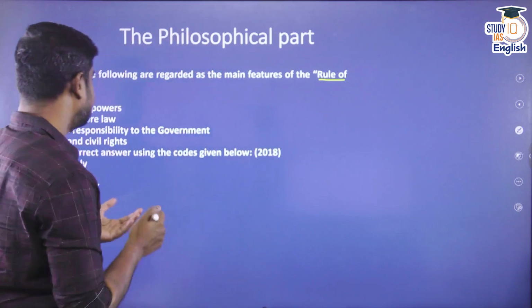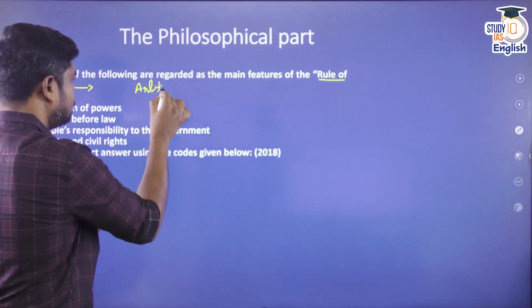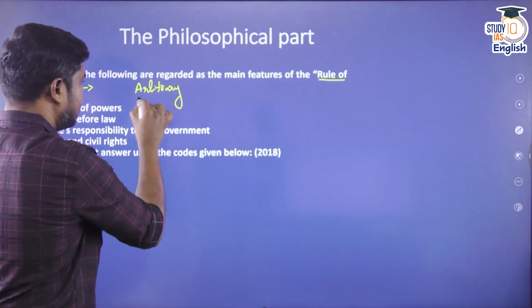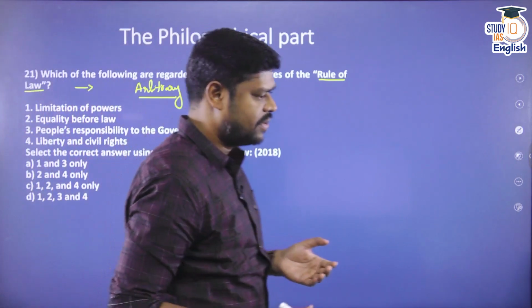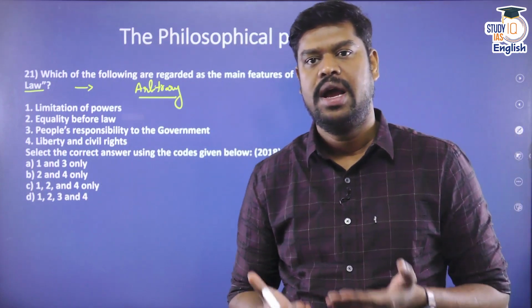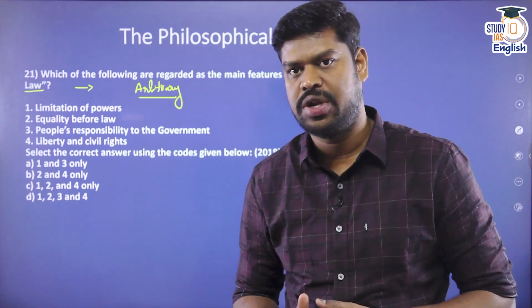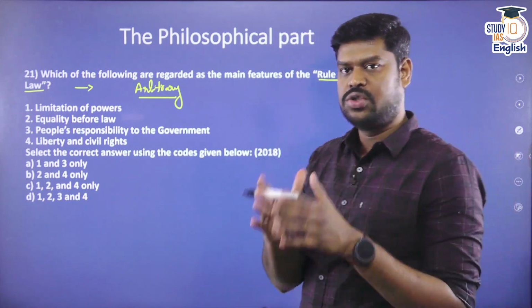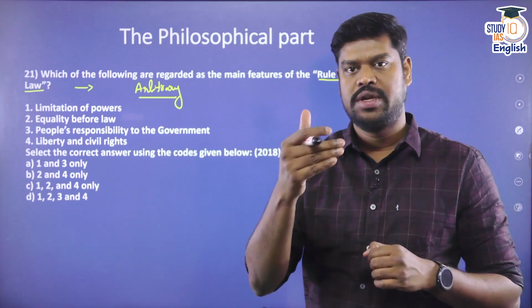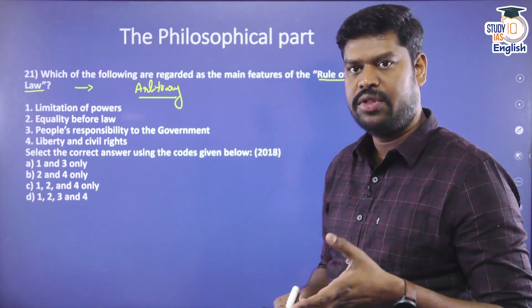Or to put it in a very simple way, rule of law means that there is no arbitrary exercise of power. So just remember this. There can be no arbitrary exercise of power because everything is done in accordance with the law of that particular country. And nobody is also above the law of that country. So this is the basic understanding you should have. But in order to ensure this rule of law and to ensure that there is no arbitrary action by the state, what are the basic things that you need to have in the constitution?